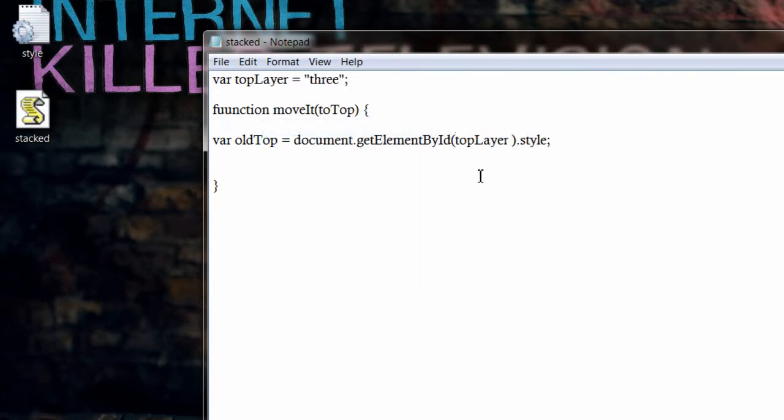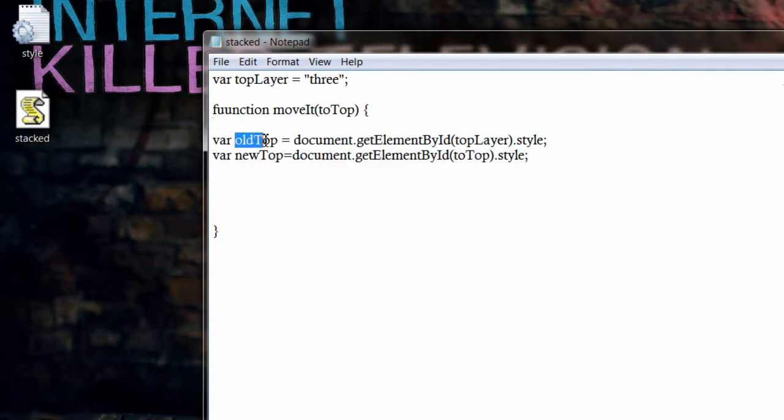Presently it contains an ID of 3. So whatever styling information we write for this oldTop variable will be applied to the div tag which has an ID of 3. Now newTop is equal to document.getElementById, dot its style property. Let's write toTop. Remember toTop contains the ID value whatever got passed from the HTML file.